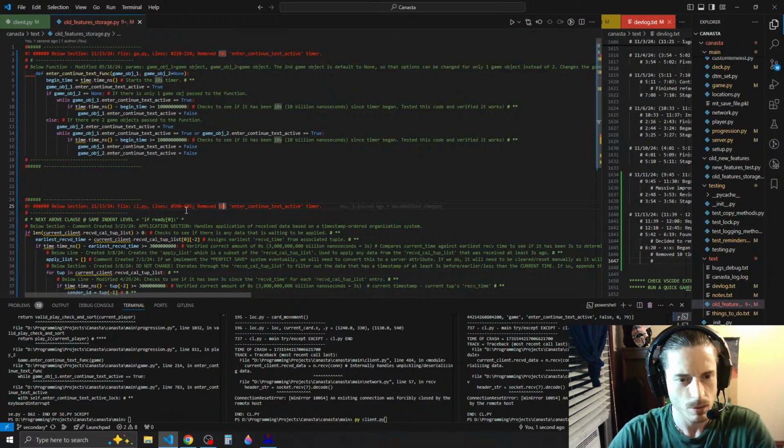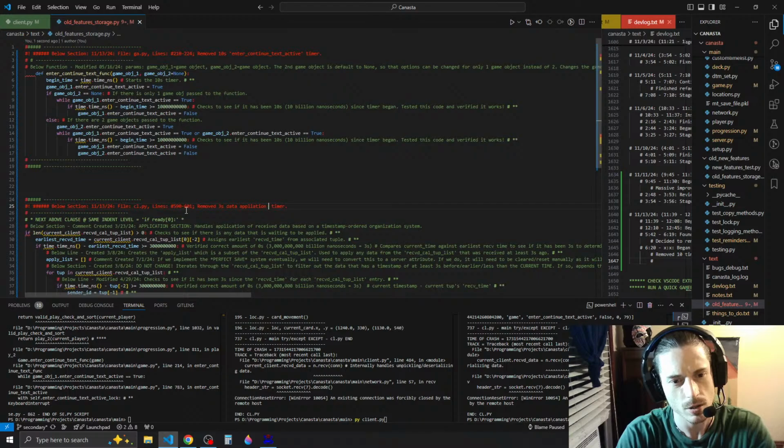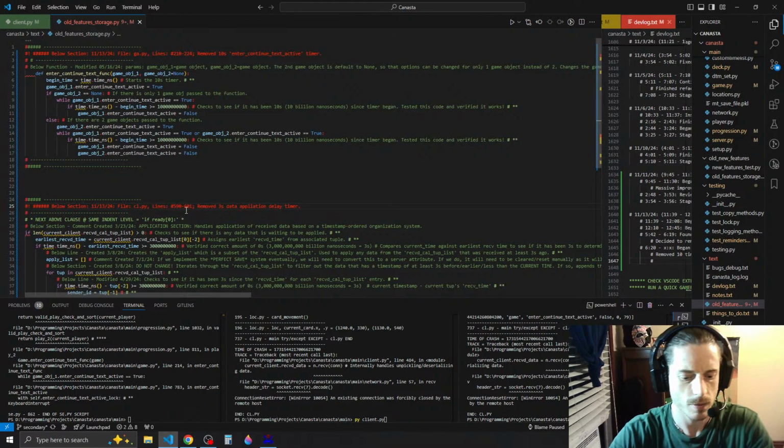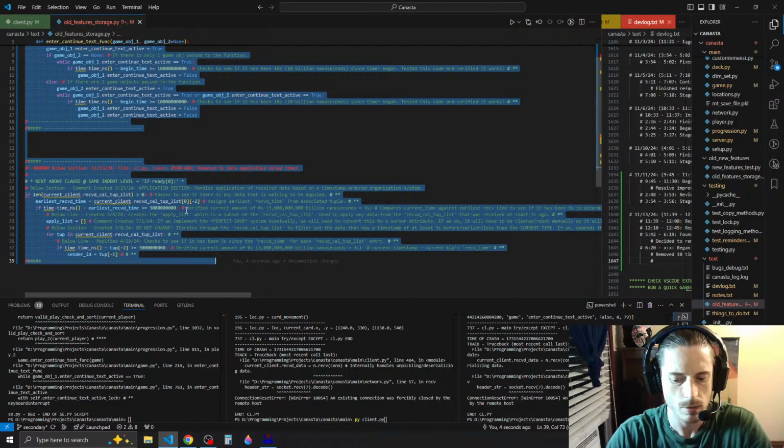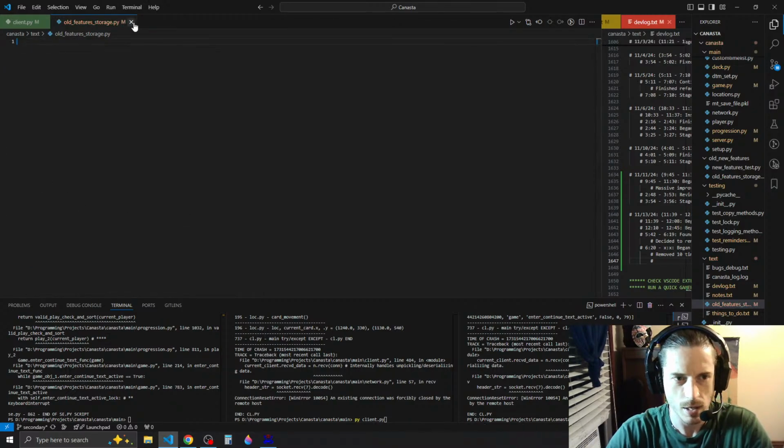And this is going to be removing the 3-second data application delay timer. Alright, so now we can go Control Home, Control Shift End, copy, backspace, and now we're going to delete